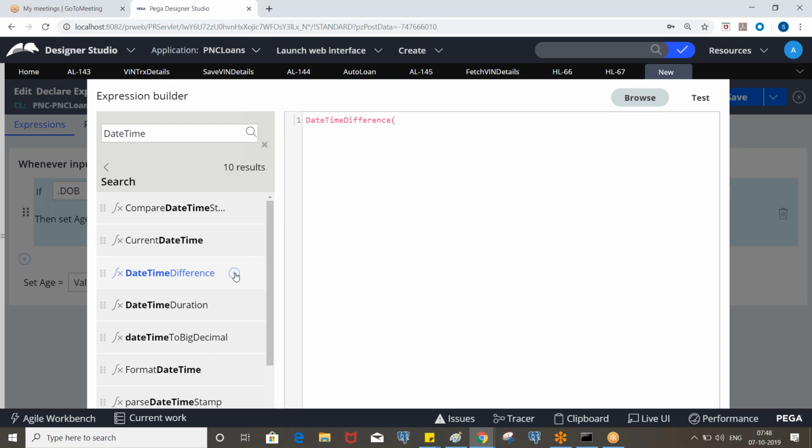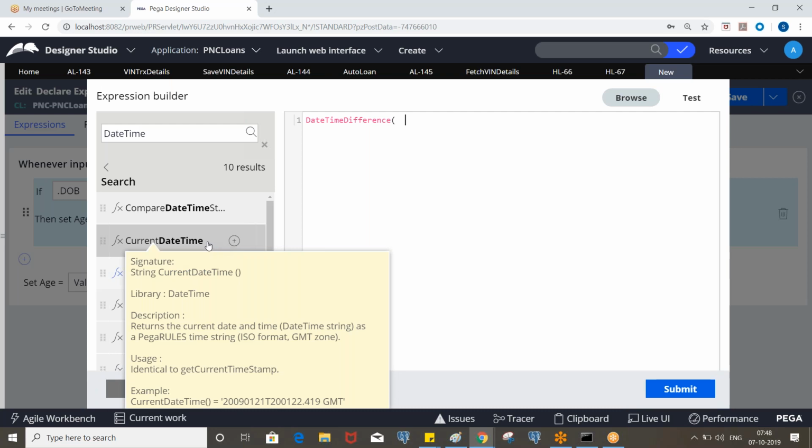So now, we need a time also, but in the DOB you see only year, month and day, but not the time, right? Okay, so we need to add time for that, and we need to use a function called current date time. Okay, so this will return the current date along with timestamp.